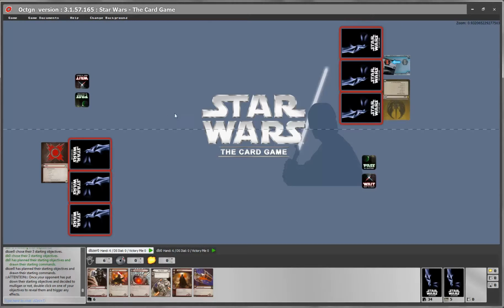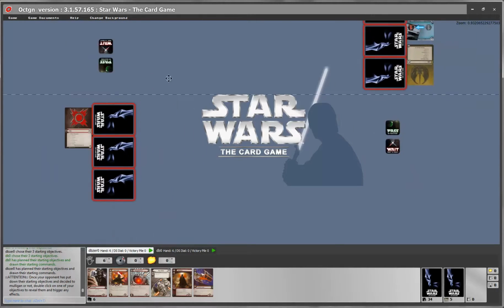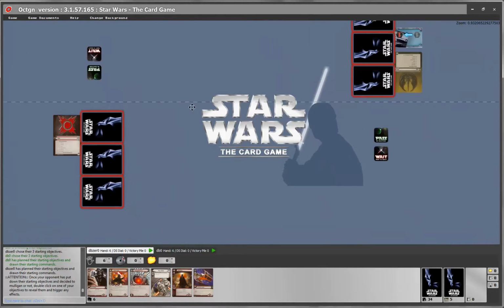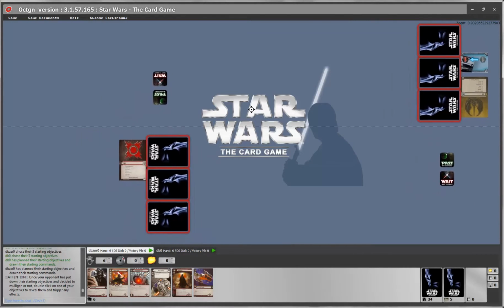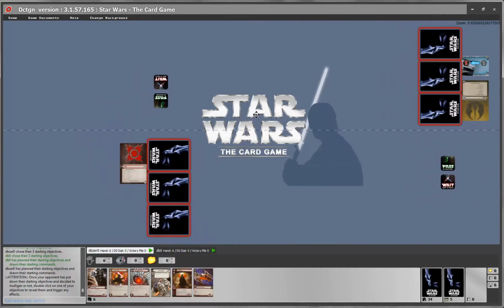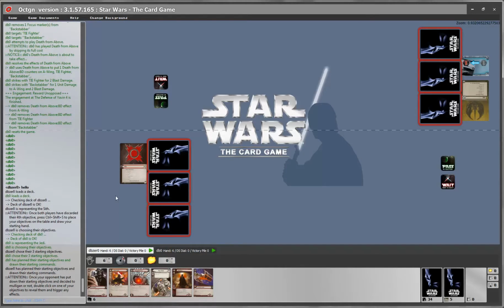If you want, you can pan the table by pressing space and then dragging your mouse around. This allows you to move the table to a location that you want. For example, if I move everything a bit to the right, then I can double click the top of the chat menu and it will expand to the top so I can see more chat actions.